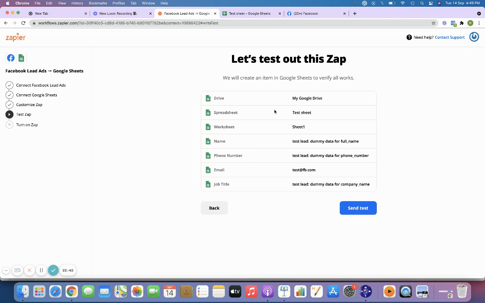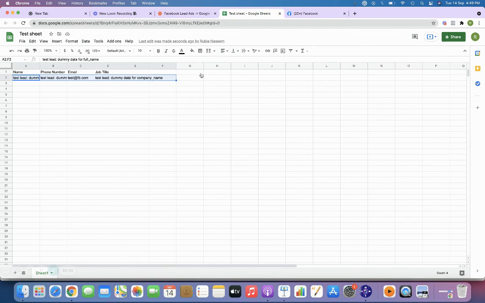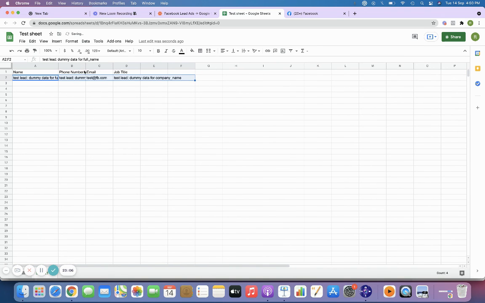When you see here, name has come to full name, phone number has come to phone number, email has come to test at FB, and job title is whatever the company name is. So I'm just going to click select test. Check your Google Sheets to view it. You'll be able to see the test data has come up here, right?